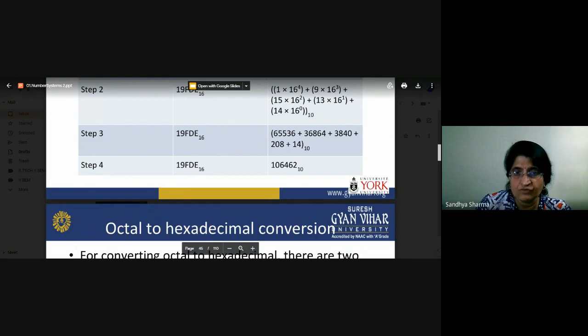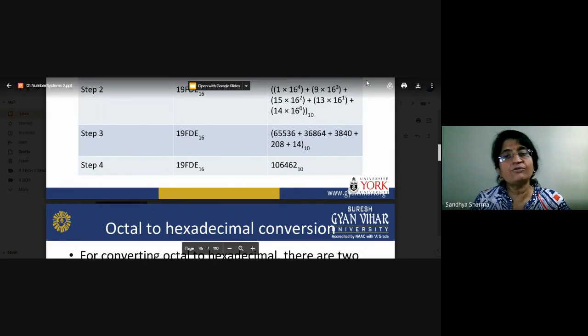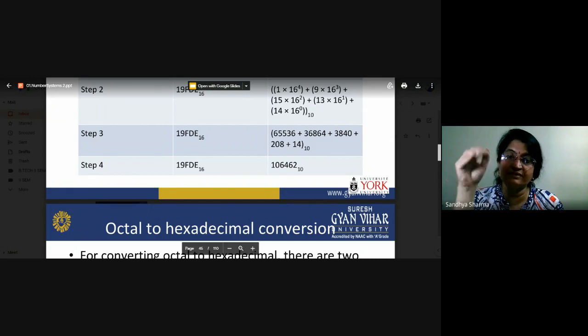Decimal value. So if you are representing any number in the hexadecimal number system, you have to write it in base 16. If you have to represent any number in the decimal system, you have to write it in base 10. Means by using the base below your number, you can represent the base of that particular system.